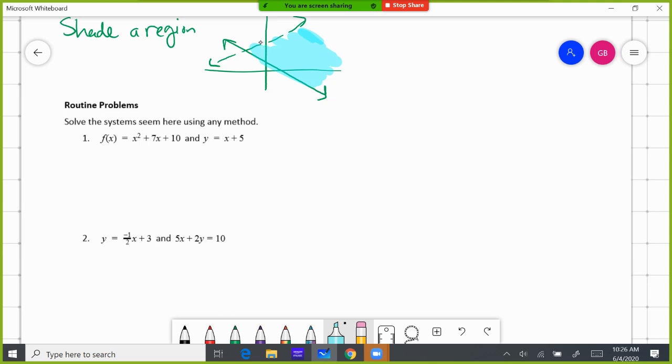So if I add these together, you have x squared plus 8x